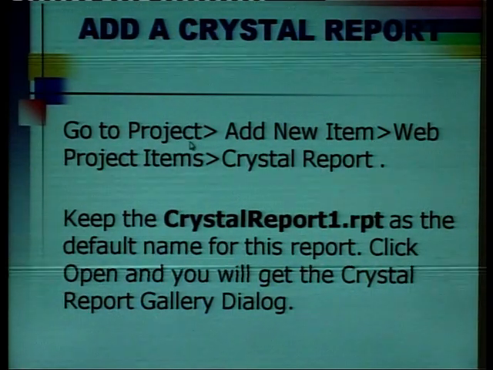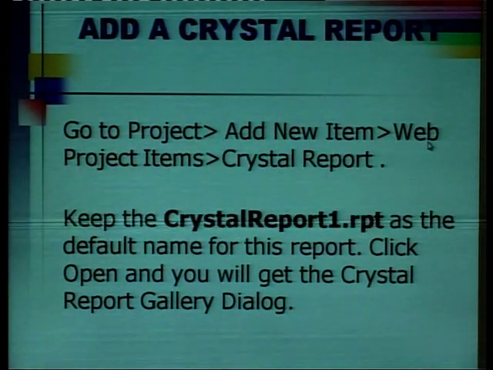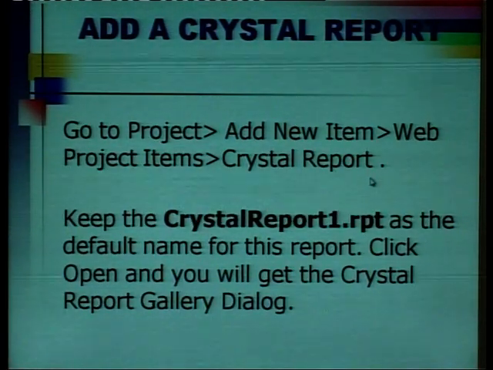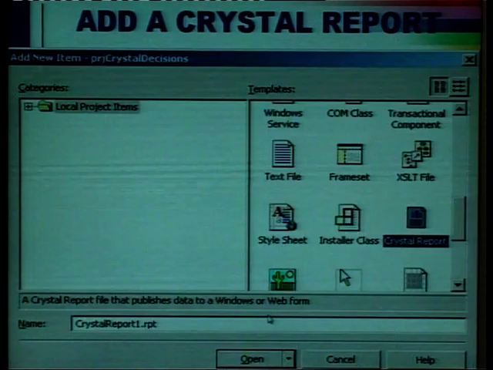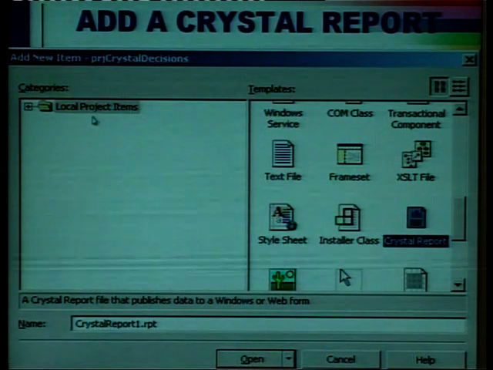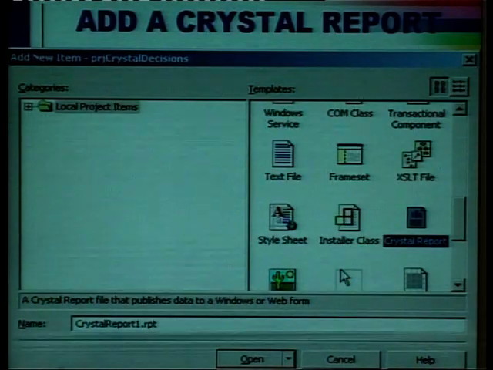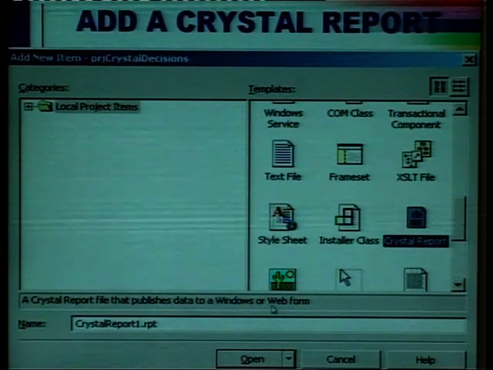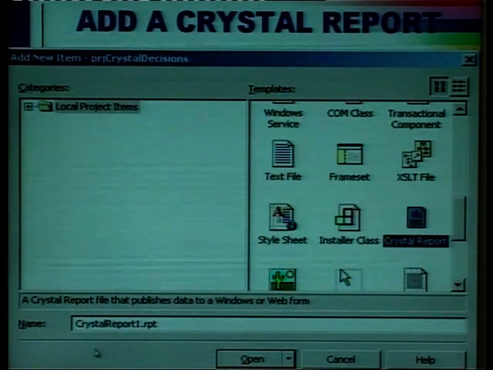Go to project, then add new item, then web project items, and in web project items you can go to Crystal report. By clicking on the Crystal report, you will find a Crystal report gallery dialog. In this dialog you can see how to add new items. We can click on local project items, click on Crystal reports, and a Crystal report file that publishes the whole data to the Windows or web form will be created, and you can save that Crystal report by the name